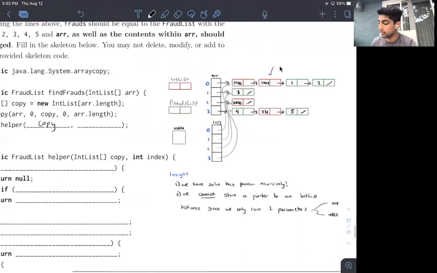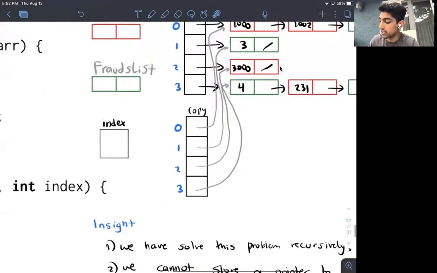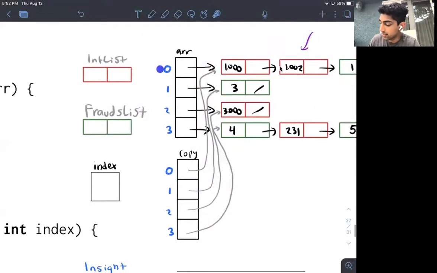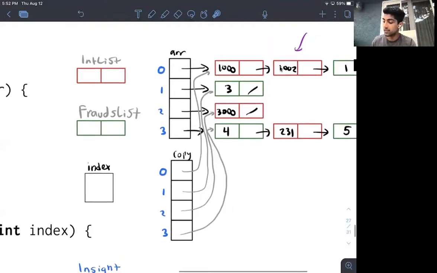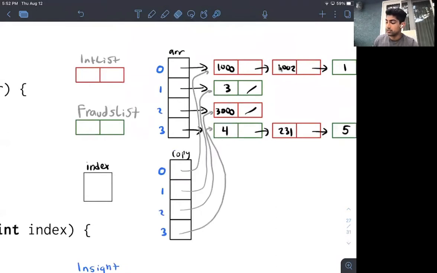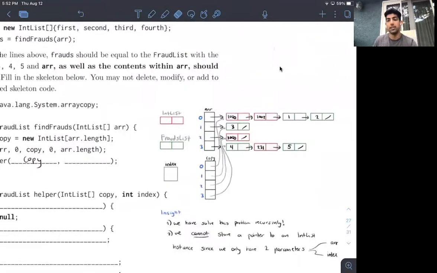So intuitively, the index is probably going to be one of these values, right? And it's probably going to correspond to the int list that we're currently looking at. So the real challenge for this problem is when we're approaching our recursive calls, how possibly can we iterate through all of these linked lists if we can't store a pointer to an int list instance, right?